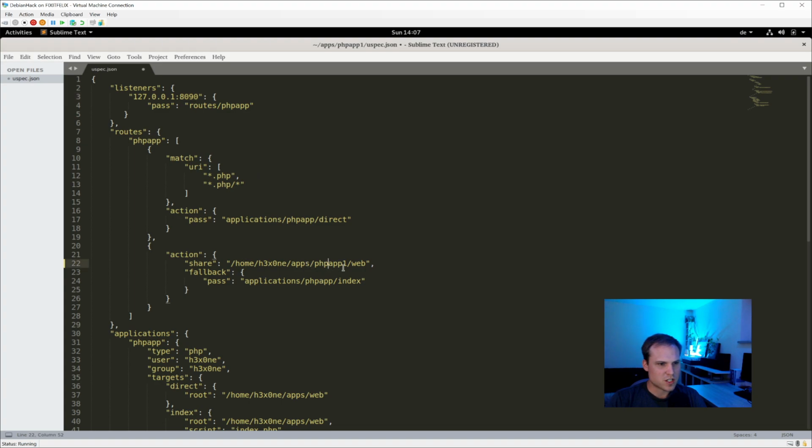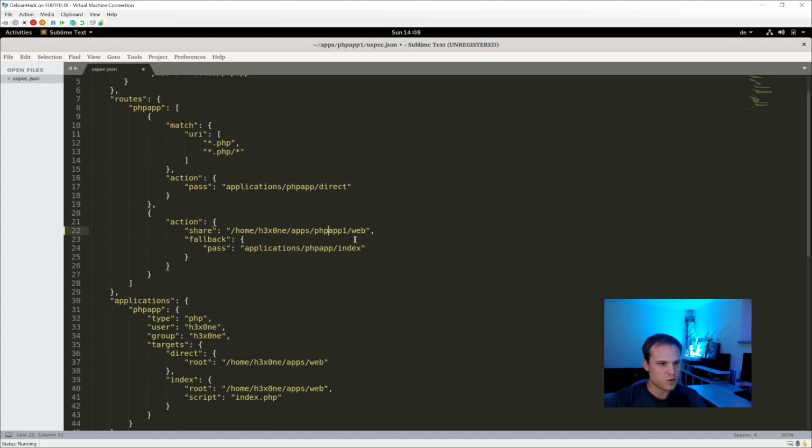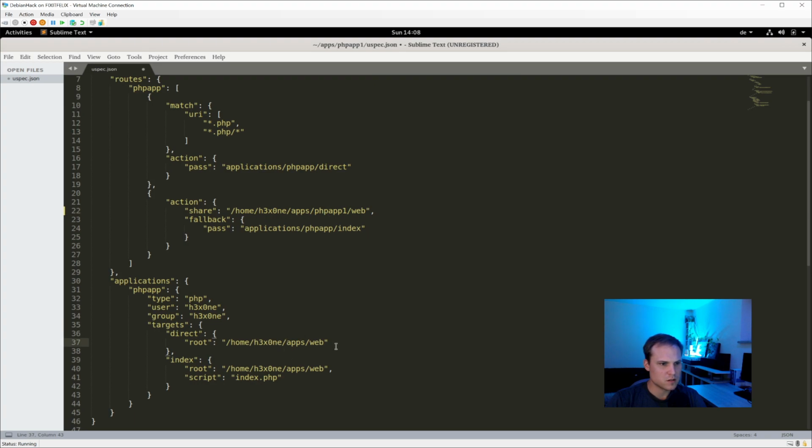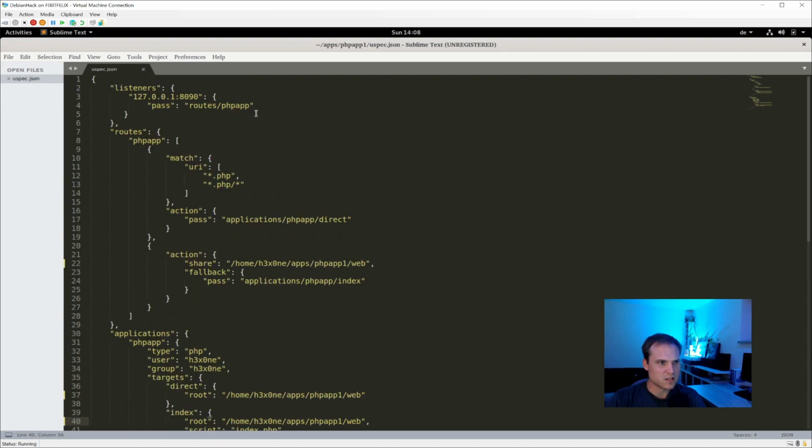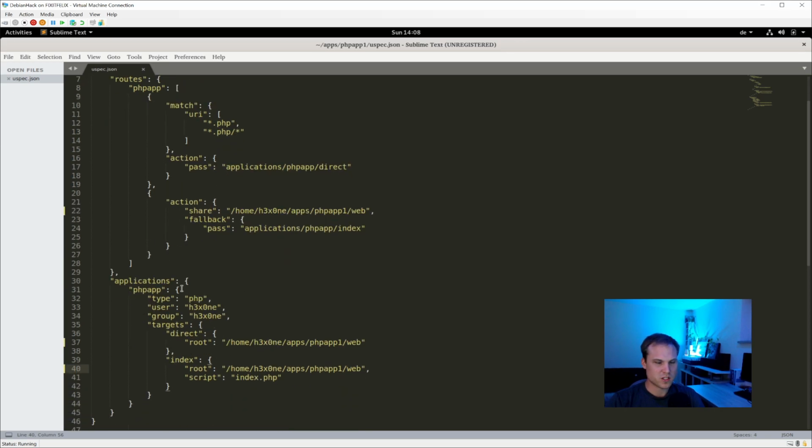Yeah, so I have changed something. So this is PHP app 1 web. There you go. This is apps PHP app 1 web, directory index, apps. All right, so the unit spec file is a JSON file that includes everything in one file: a listener, a route, the application object itself, and then